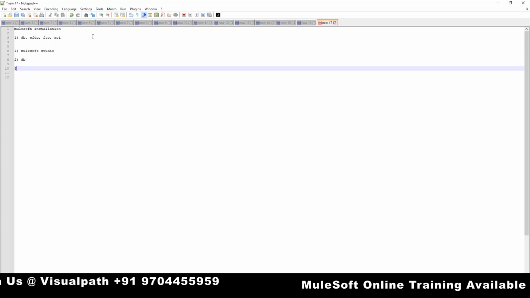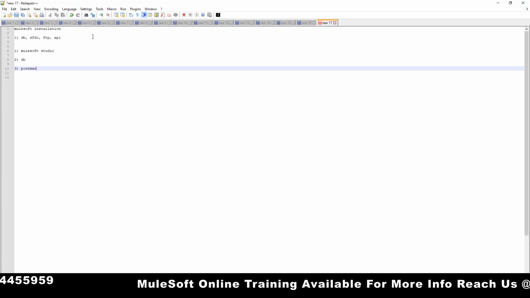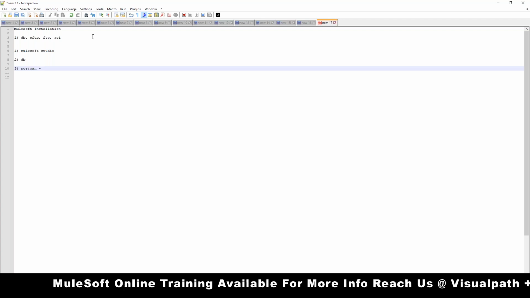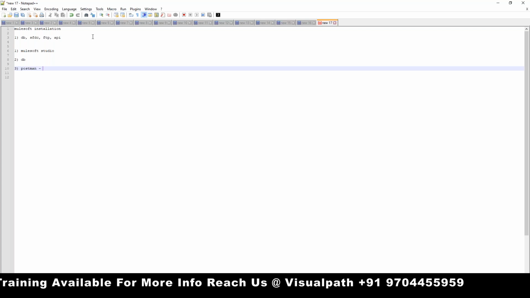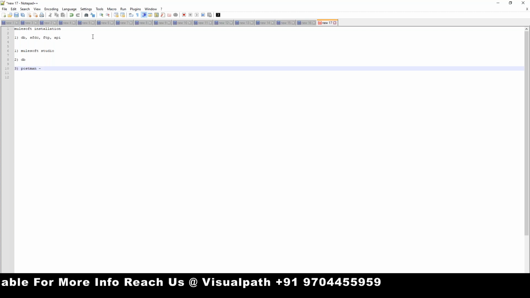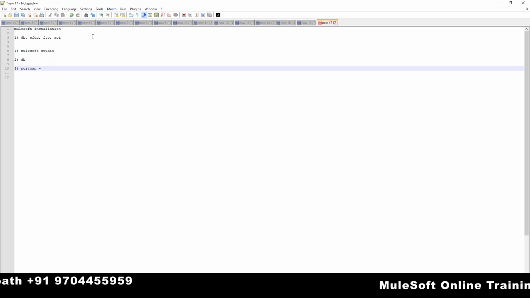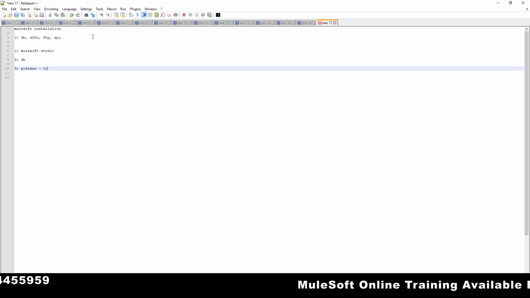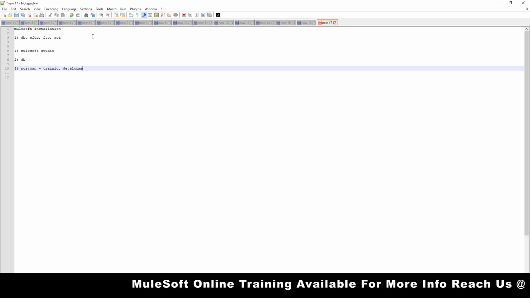And Postman is not only for the training purpose, it is an API testing tool for any kind of API. Postman is a kind of API testing tool. There are a few other tools as well, but mostly people prefer Postman. This is not only for the training, this is also for your development as well.